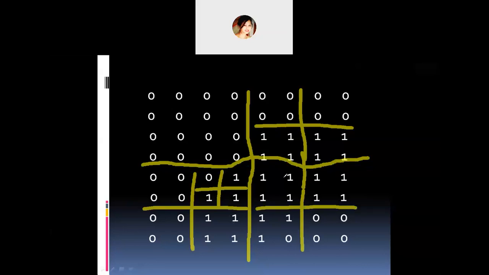Now this one comes here, again split it because of different nodes. So this becomes one node, this becomes one sub node, this becomes one sub node. This part is having similar nodes, don't touch it. This is having similar nodes, don't touch it. This is also having similar nodes, so don't touch it. But these have variations of 0 and 1, so you divide it into sub regions again. Okay, so now just keep it as it is.